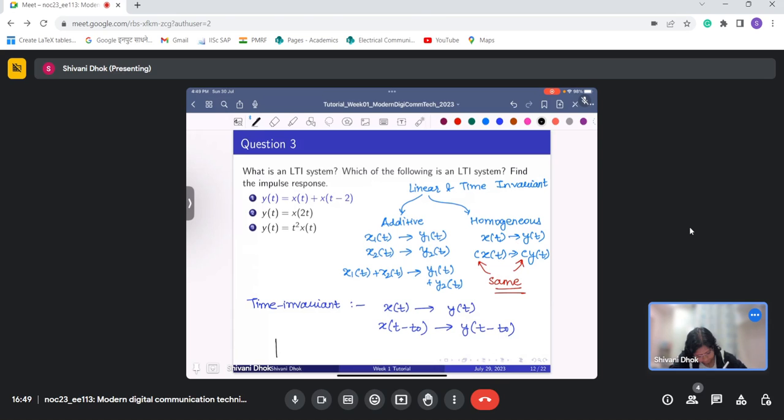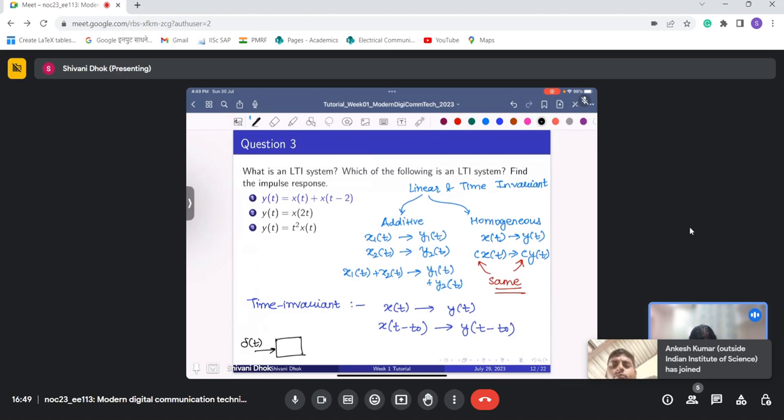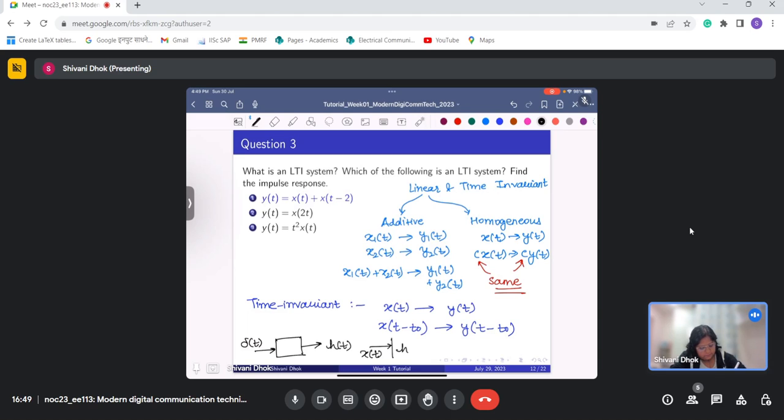That is, if I give an impulse at the input of that system, the output I get is known as h(t), the impulse response, and the entire system can be characterized by it. For any input x(t), if I know the impulse response h(t) of this system, I can easily